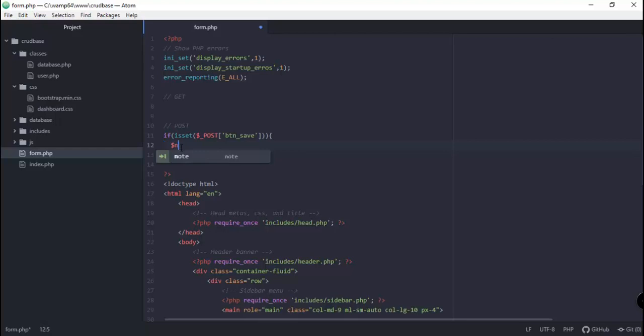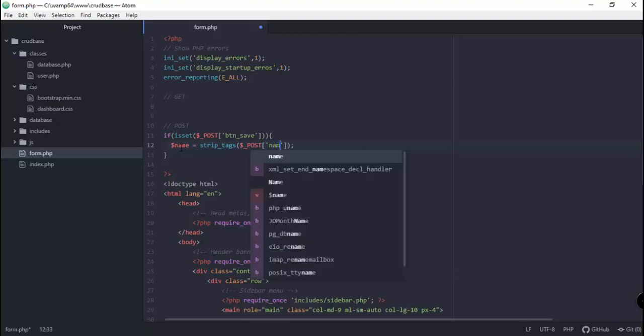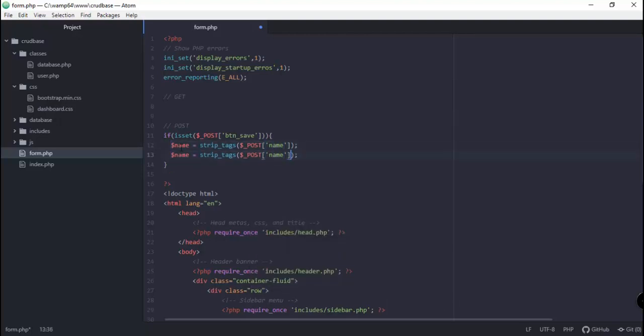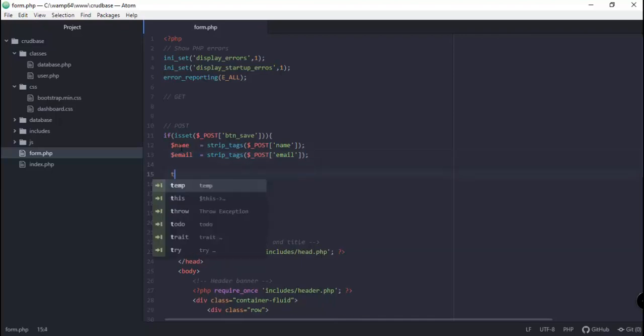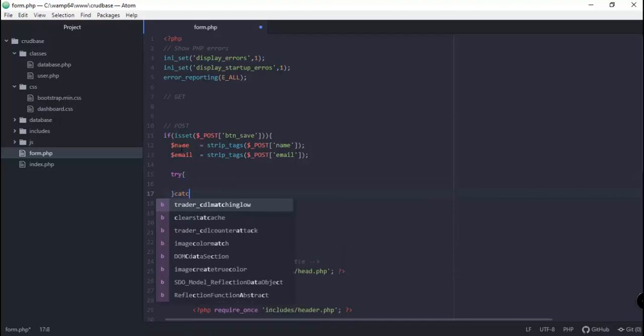First, let's get the value of our name. We're going to use strip tags for that, and of course the name of our input element. So this is for the name, and of course we need one for our email. Let's copy and paste the same line and change this into email, and try to align this. And of course, as always, we need to add try and catch